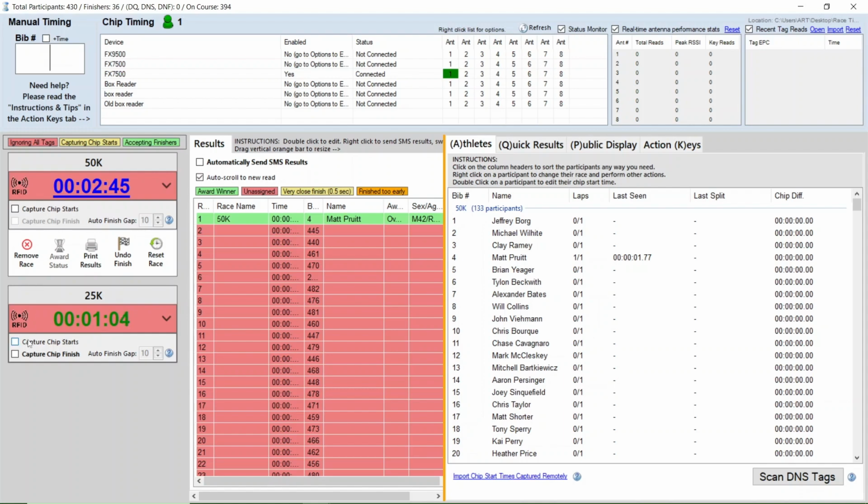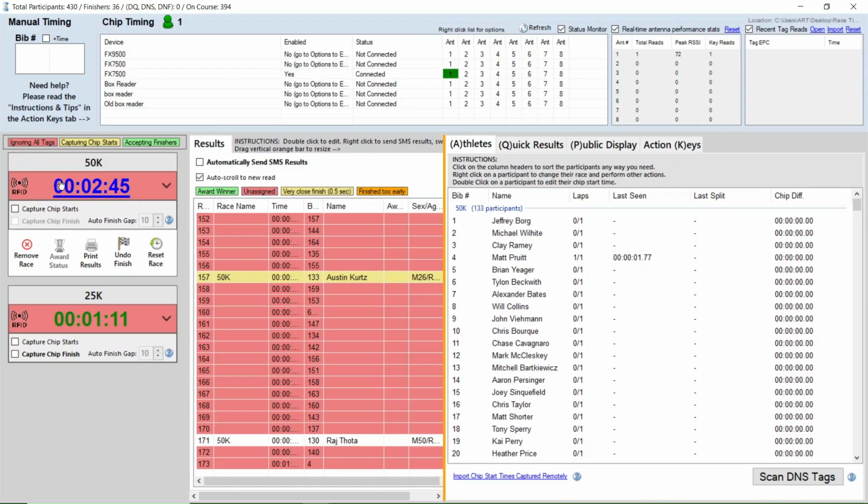Like I said, if you want to stop reading for a race, you can simply uncheck capture chip finish. That's what the red means. That's ignoring all tags. If you were capturing chip starts, you'll see that this turns yellow. I wanted to give you some visual confirmation that when tag reads are happening, that will capture the first time it saw them. And of course, actually, it's the last time it saw them as their chip start